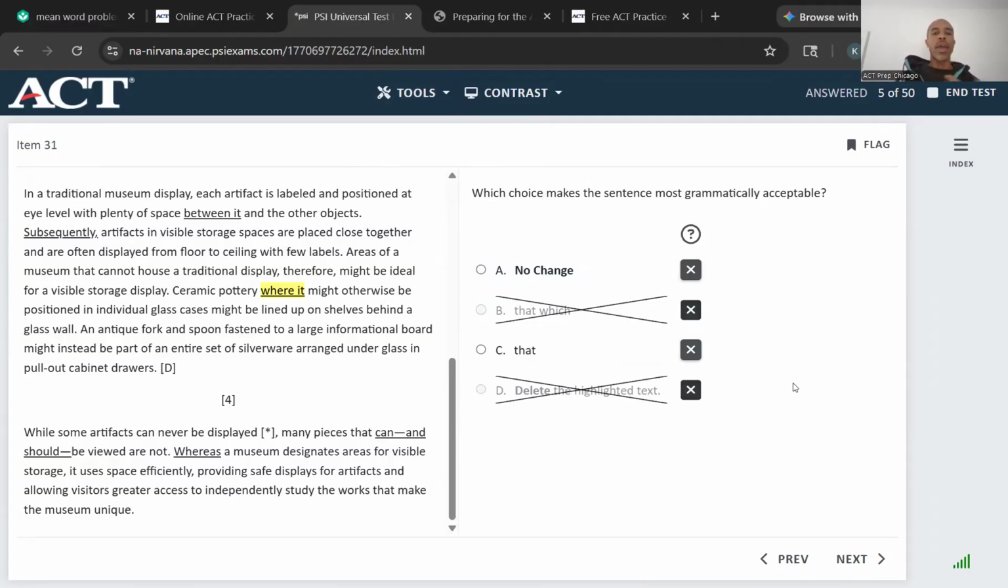Yeah, see, if I do A, to me, it reads like a side note. So that's why I probably would lean towards the other one. So it might be like, to me, it would be like comma, right? And then my ceramic pottery, comma, where it might otherwise be positioned in individual glass cases, comma. See, that's like a side note. Or I could do what? Parentheses and parentheses with there. But I know with that, you don't use parentheses, right? That won't offset a side note. I'm not 100% sure where it will offset a side note, but in this case, I'm going to go with